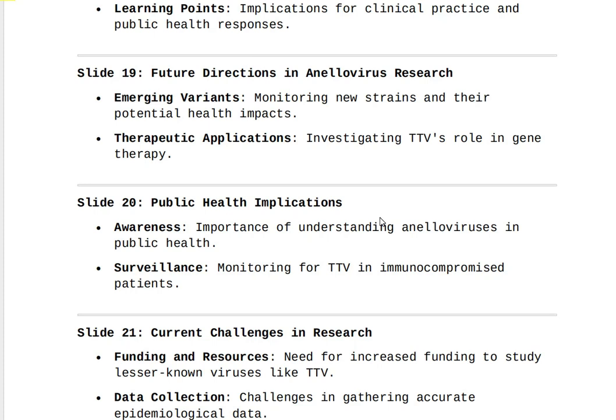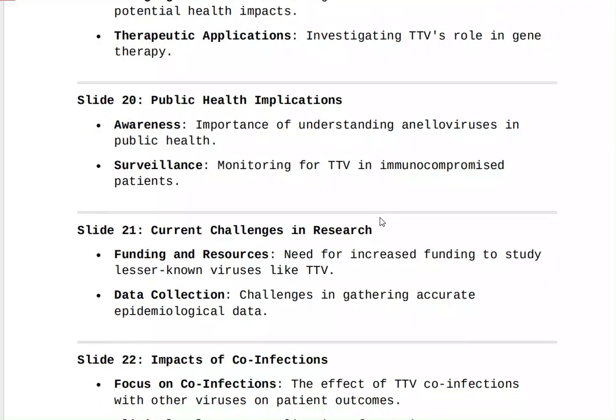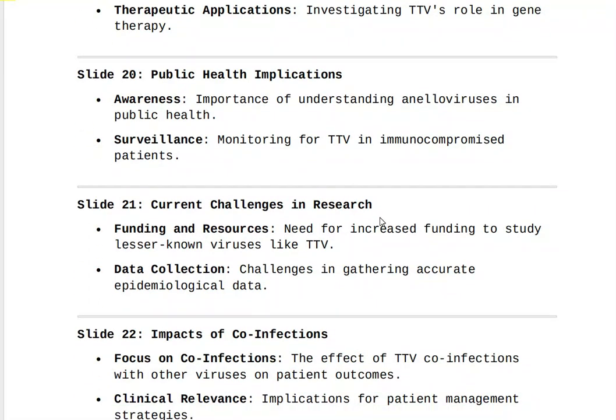Therapeutic applications: again, there may be a possibility that this can play a role in gene therapy. Awareness and education: people should be made aware that there is this anellovirus that can be transmitted by various means. Surveillance: this is another public health implication, so we need to check for possible TTV